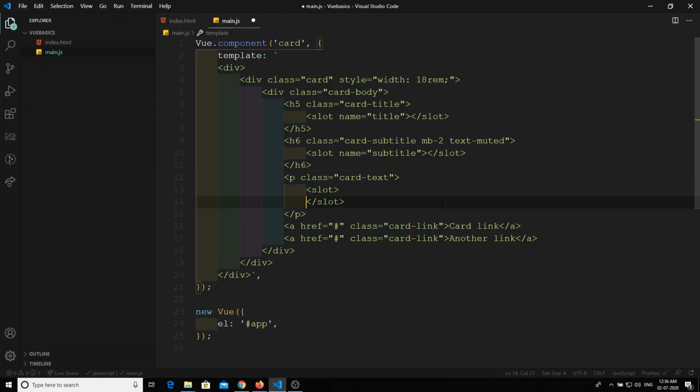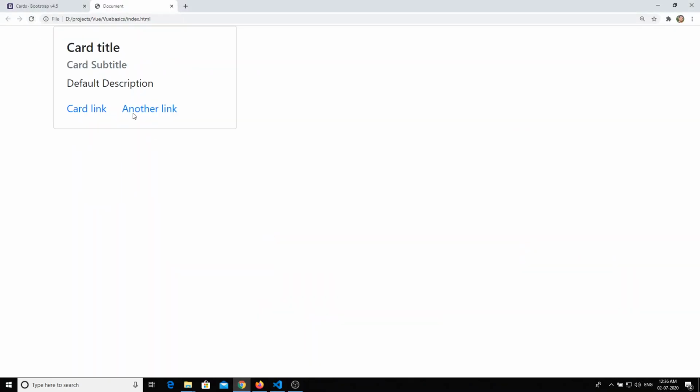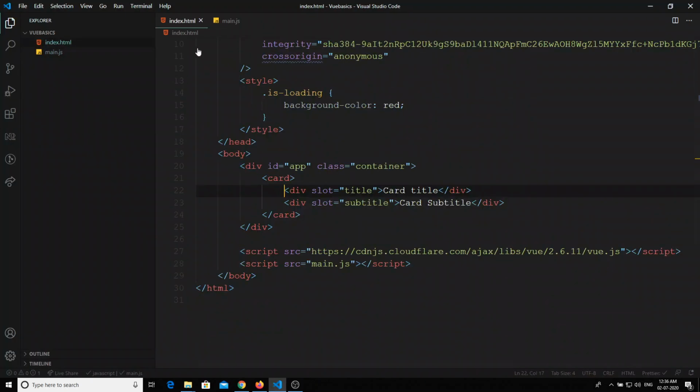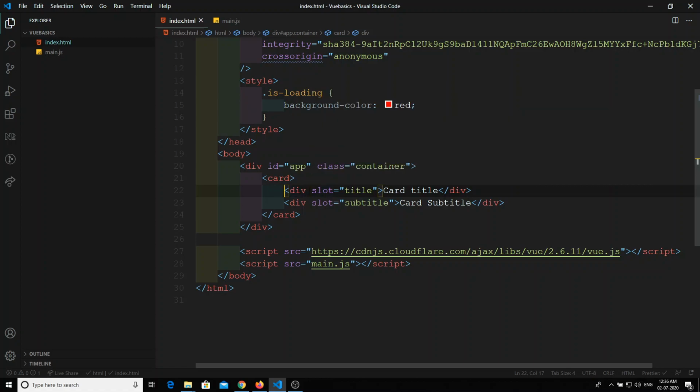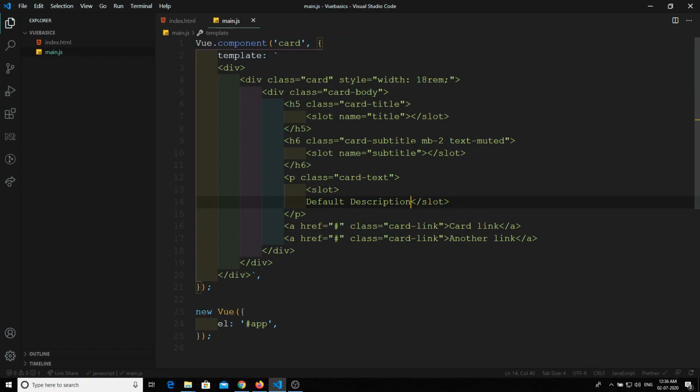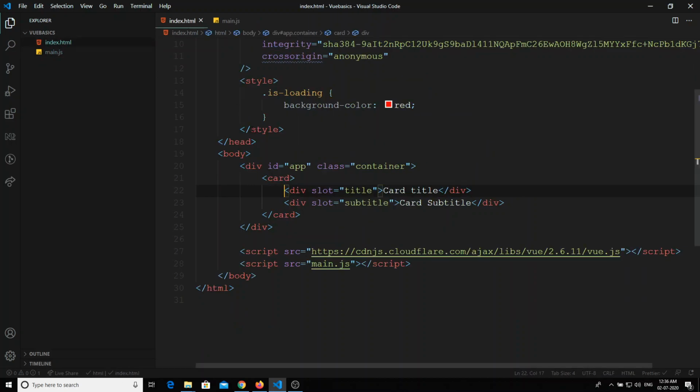So we can write default description here. If default data is not given for the description, we can automatically assign it here. In the same scenario, we can define the default subtitle here, and here also we can give the default title if I didn't mention anything.